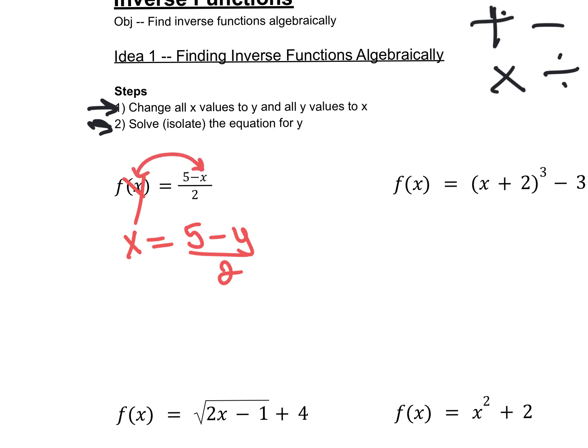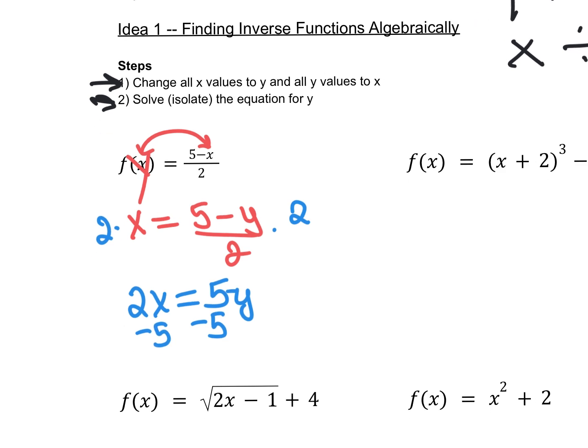Step 2, we're now going to solve the equation for y. Just like it was before, it was solved for y. Now we're going to do the same thing. To undo divided by 2, I'm going to multiply both sides by 2, which leaves me at 2x equals 5 minus y. Okay, I don't want 5 minus y, I just want y, so I'm going to subtract 5 from both sides, which leaves me at